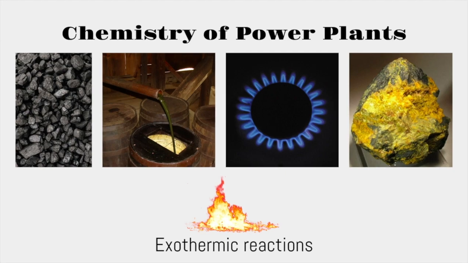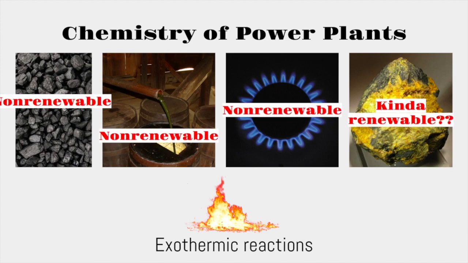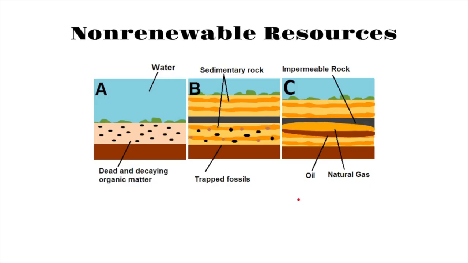Even though these are great sources of electricity, coal, petroleum, and natural gas are what's known as non-renewable resources. And nuclear power, it's kind of in between. In order to get natural resources like oil or natural gas or coal, it takes organic material that dies and sinks to the bottom of the ocean or a shallow sea millions and millions of years ago. After millions and millions of years of intense heat and pressure, they actually go through a transformation, becoming oil, natural